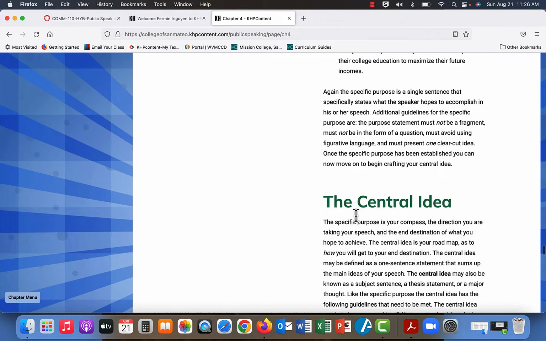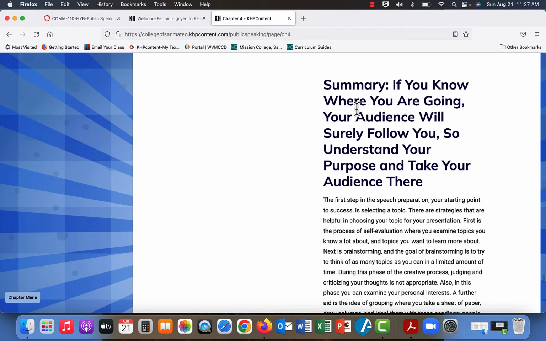Towards the end of the chapter, I have a summary. The summary is a pretty detailed summary. Some criticism about my summaries is that they're too long, and I'm fine with that. Because for me, it's really important that you understand the material. In a pinch, you could read the summary and get a pretty gosh darn good grasp of the content of the chapter.